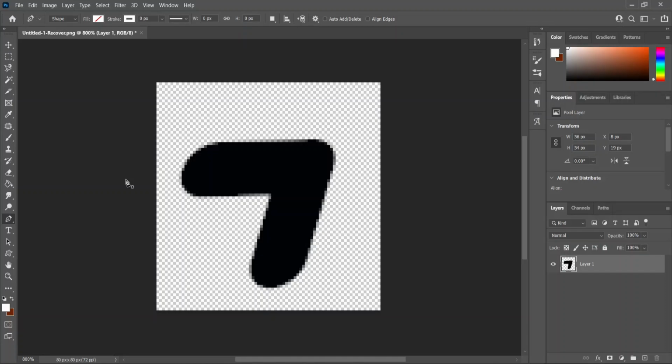Here in Adobe Photoshop we have a PNG shape, and as we can see the edges of the shape are kind of rough and not looking smooth. So what we have to do to make these edges smoother,